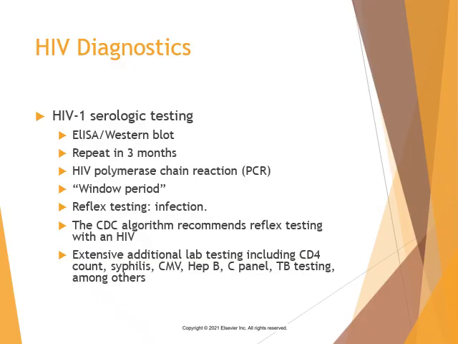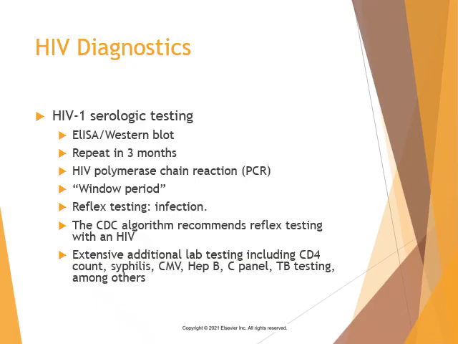Diagnostics is the ELISA or the Western blot. It is repeated in 3 months. We're looking at HIV polymerase chain reactions, or what they call PCR. There is that window period for testing, reflex testing for infection, and again, that CDC algorithm does recommend reflex testing with an HIV